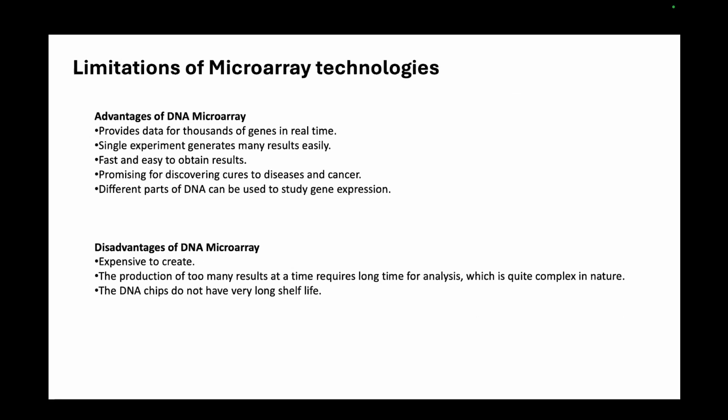So coming to the advantages and disadvantages of these microarrays. An advantage you can think of very intuitively is that it provides data for thousands of genes in real time, and it can tell you the amount of expression of,